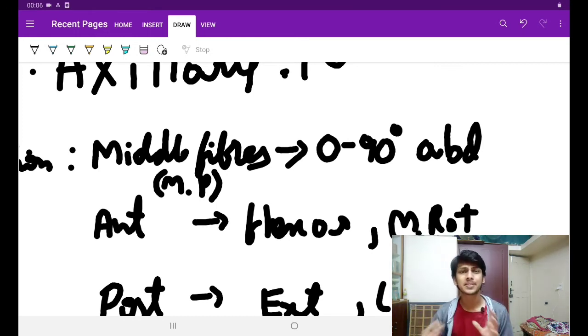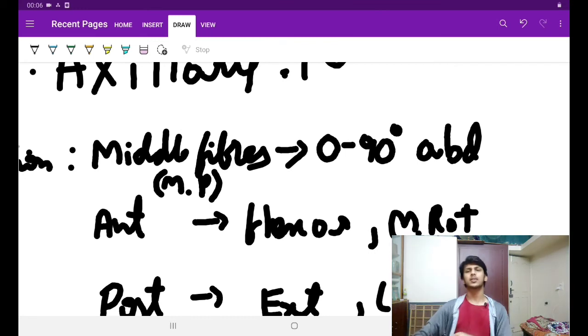Now see, the anterior fibers' function is very easy. How? See here, this is our anterior fibers, now it is in front. If they contract, will they cause flexion of the shoulder joint or extension? It will cause flexion. Then see here, I'm keeping it like this. If it contracts, will it cause medial rotation or lateral rotation? It will cause medial rotation. Those were the actions of the anterior fibers.